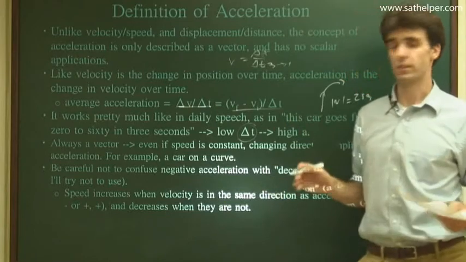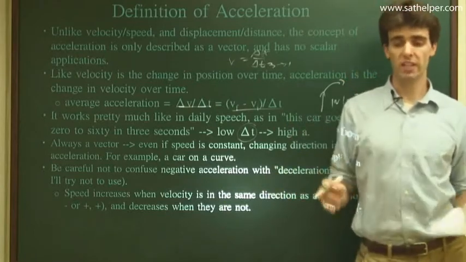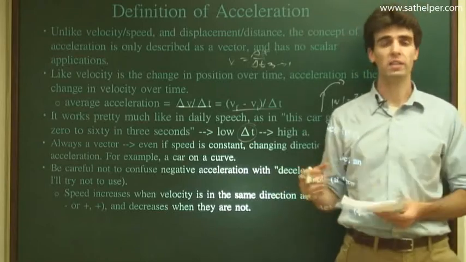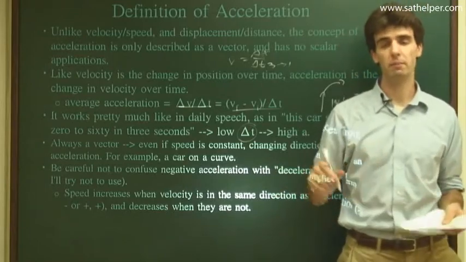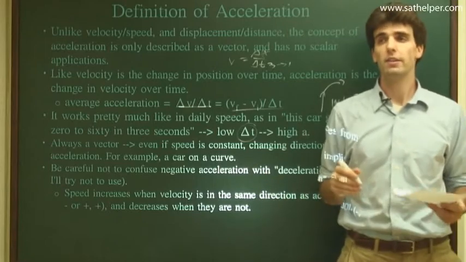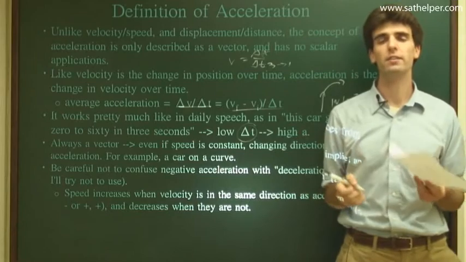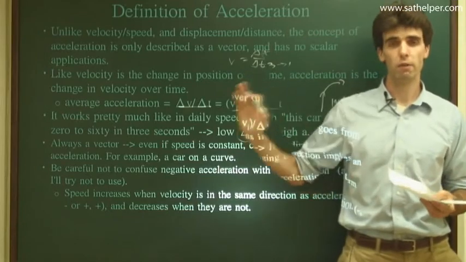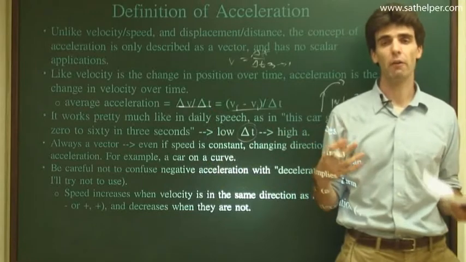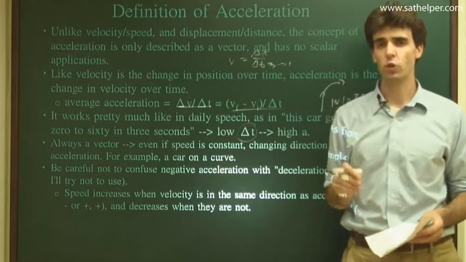Now be careful. Acceleration can be positive or negative, right? Especially when we're dealing with acceleration on a line, we're going to want to keep track of whether it's positive or negative. Positive usually means to the right or up, and negative usually means down or to the left. So there's a natural tendency for us to think, okay, positive or forward acceleration means speeding up, and negative acceleration means deceleration or slowing down. Deceleration is a tricky word, and